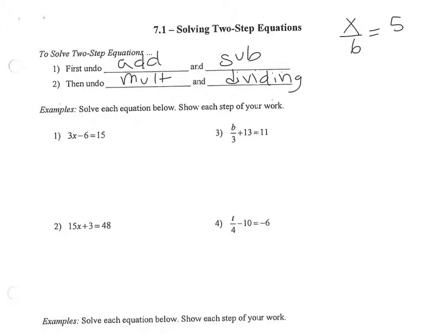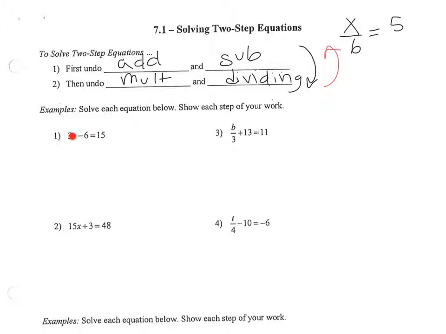When you solve equations, you want to do order of operations backwards. So I'm going to do adding and subtracting first, because when you do order of operations, you multiply and divide first, so you go backwards. So number 1,